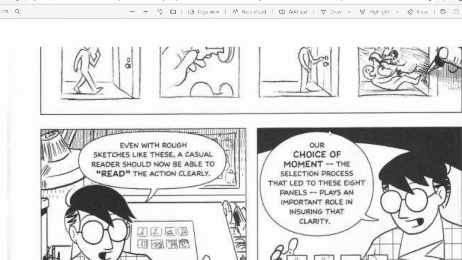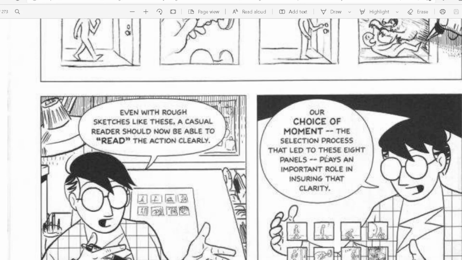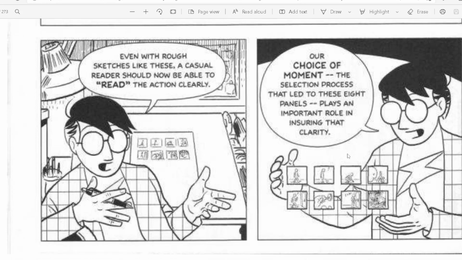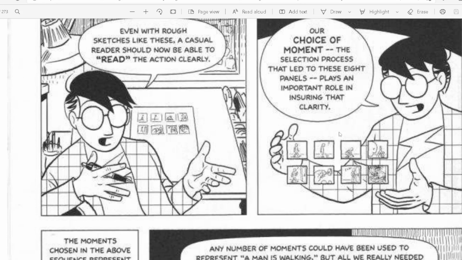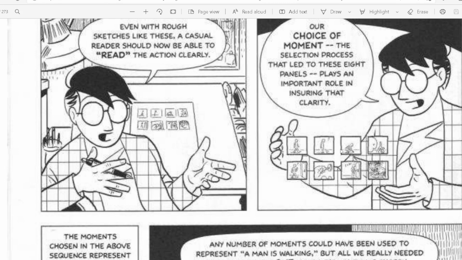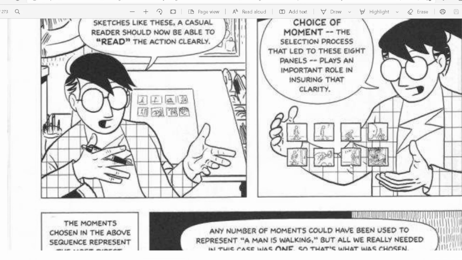So basically, we were discussing the choice of moment, the first thing that we are discussing right now. So let's see what he wants to tell us. Basically, he wants to tell us that our choice of moment, the selection process that led to these 8 panels, plays an important role in ensuring that clarity. Definitely, as you can see here, only the few moments that we want to explain by our pictures. Even if you draw rough pictures, you want to explain, right?